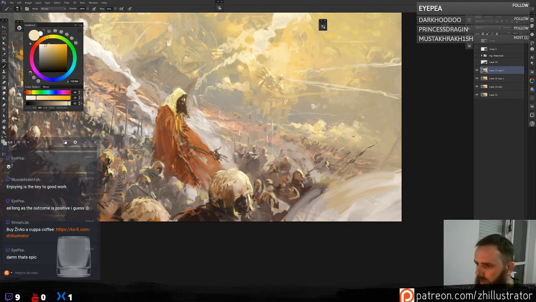Just add a little silhouette of a little tanky thing, invadey thingy. And we should blur where we want to.